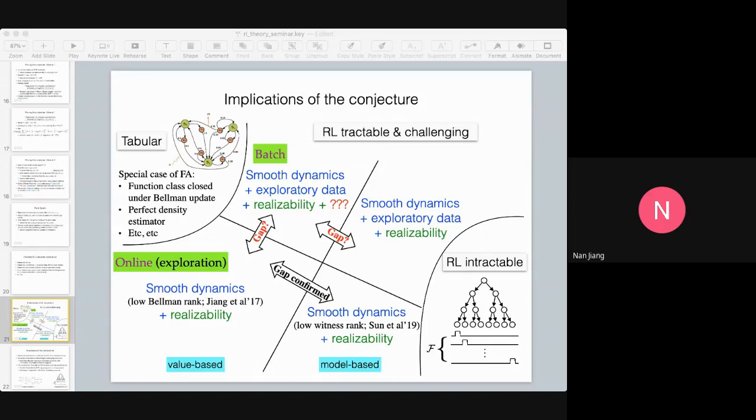Both of them are still there, even if you don't think of policy optimization, but just think of policy evaluation, right? So I think it is tempting to conclude that we may have similar hardness, even if we just think of policy evaluation, right? I give you exploratory data. I give you a value function class. One of them is V^pi or Q^pi, whatever. I ask you to estimate J^pi. Can you do that, or can you not?